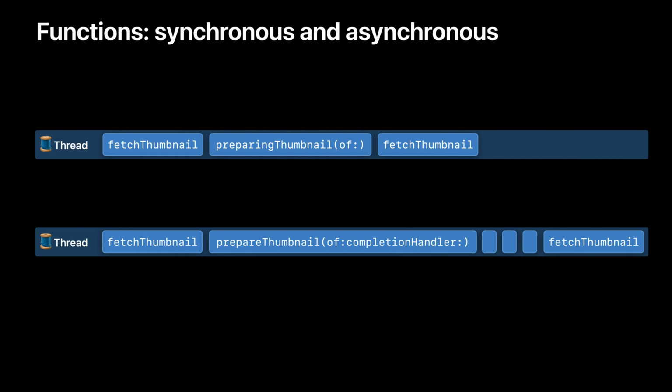The SDK provides many asynchronous functions. They let you know that they've completed in a few different ways. Some use a completion handler like this, others rely on delegate callbacks, and many are marked async and just return a value. What these asynchronous functions all have in common is this. When you call one, it unblocks your thread quickly, having kicked off its work. That allows the thread to do other things while that long-running work completes.